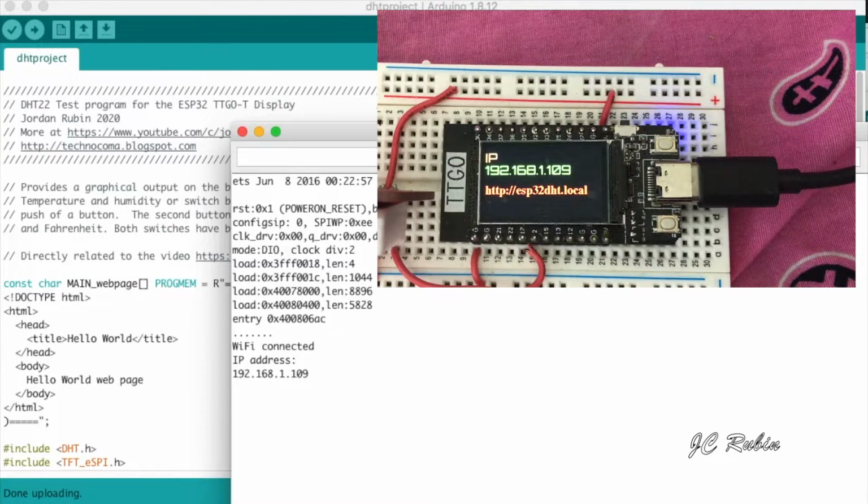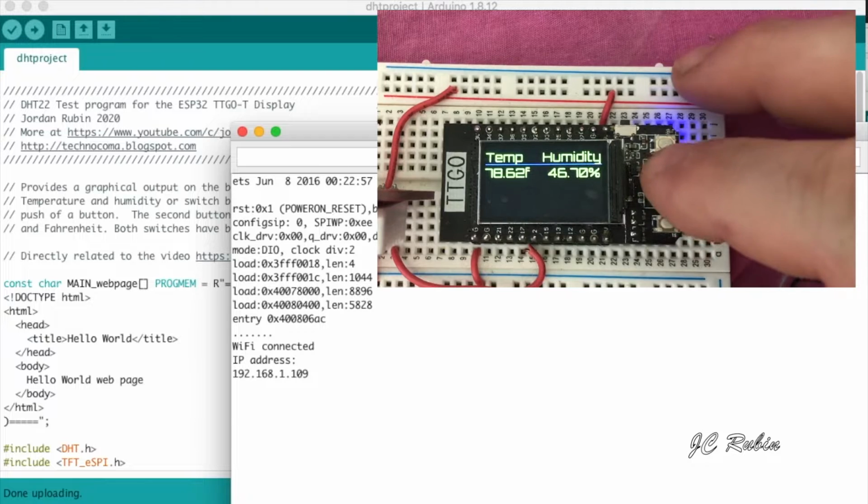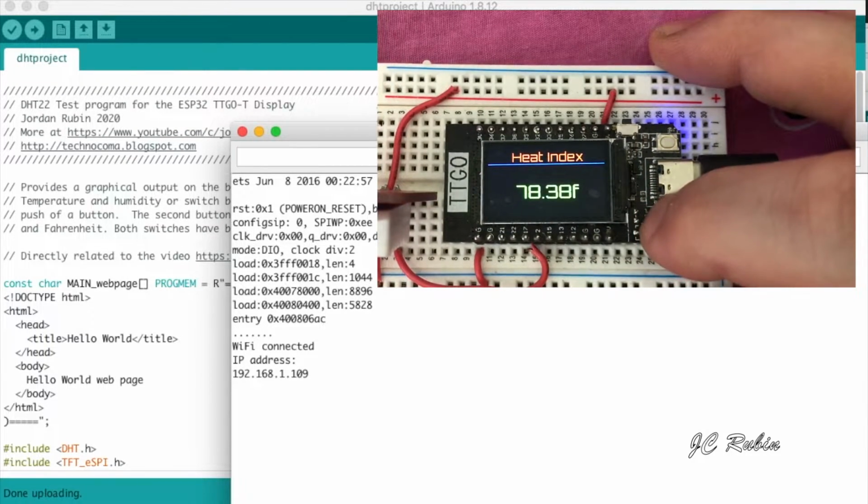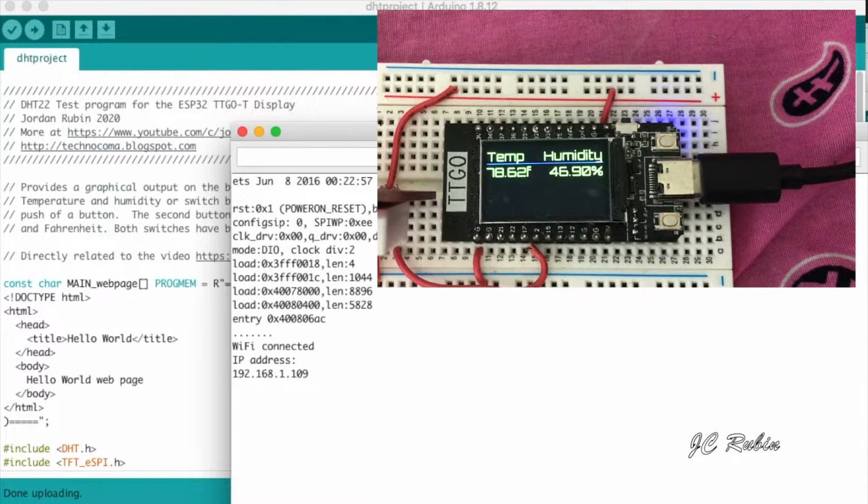So you can see we got an IP address, and it is displaying the information to the screen along with the URL, and now the normal functions of the device have started up. See, it's working fine. Fahrenheit to Celsius, or heat index, or what have you. And now we'll go to a web browser,